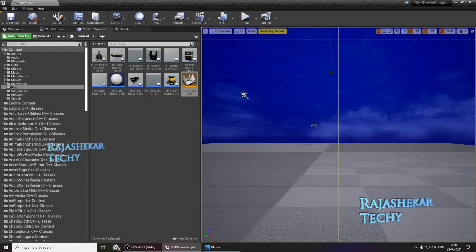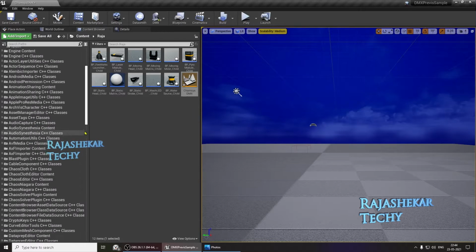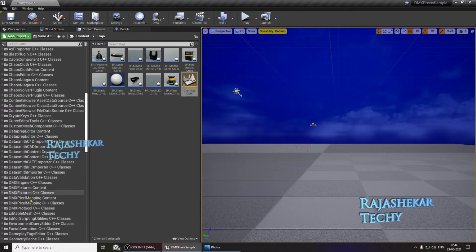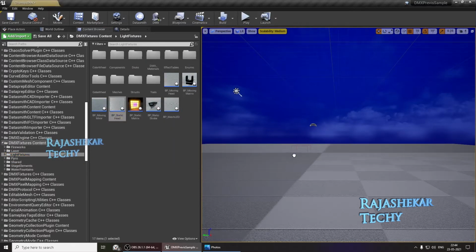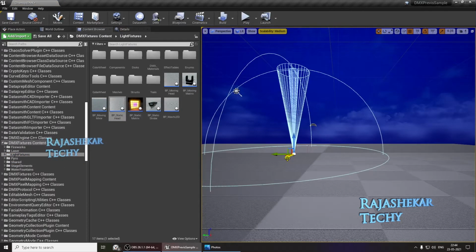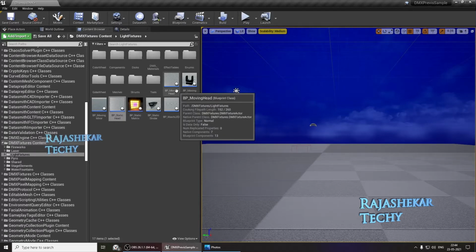Let's close it out. And before we even create lights in the scene, I would like to reiterate, please do not directly work on a DMX fixture right away. What I meant to say is, don't drag your lights into the scene and work on them. Reason being, if you make any changes to the master file, this will be a reference for any other light which you create in the future. To be on the safer side, create a child of any light, keep it in a separate folder and use that. How do you create a child?